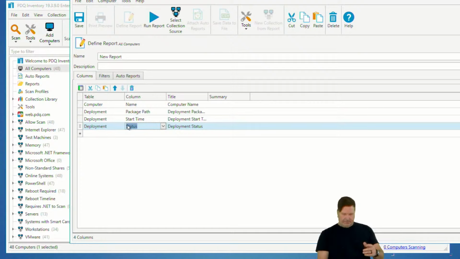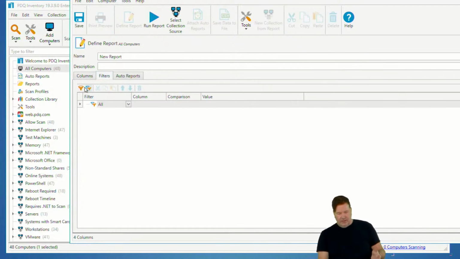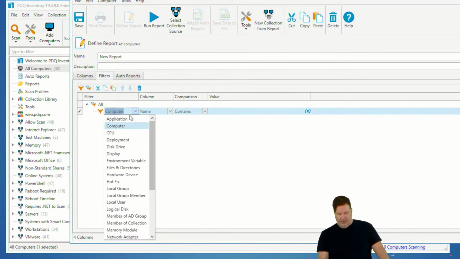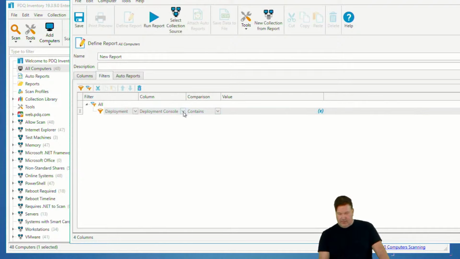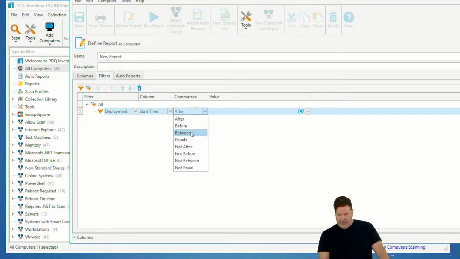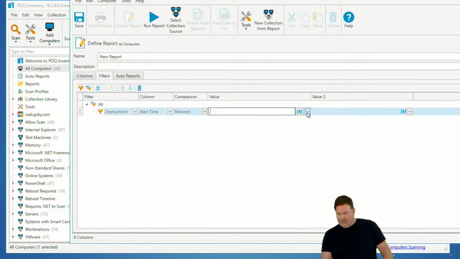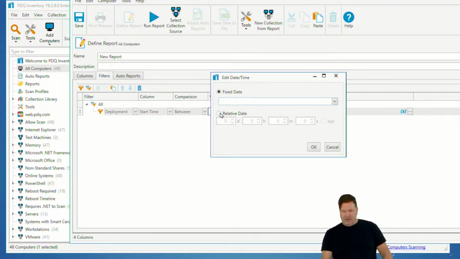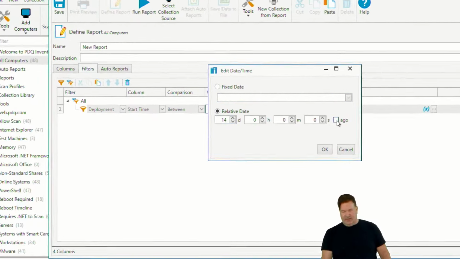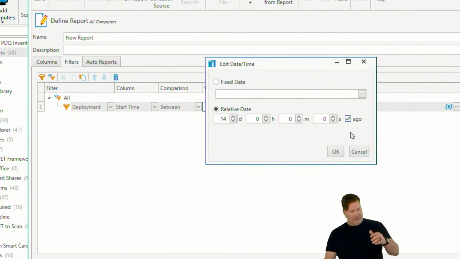Status. All right. Now on your filters, the filter we're going to add is again from the deployment table. We're going to look at start time. Okay. And we'll go between. And now, okay, I'm going to show you the right way to do it, and then I'm going to show you the way I did it first, afterwards, so you can see kind of the contrast. I'm going to go in here, and we're going to start with relative date of 14 days. Now, you do have to smack a go here. Otherwise, it's not going to, obviously,